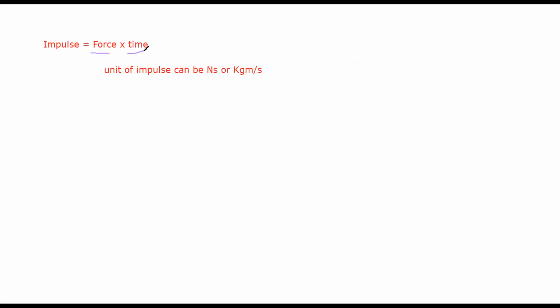So impulse has two formulas depending on the question. In some questions they give you force and time, so you can find the impulse as just the product of force and time. In some questions the masses are given and the velocities are given. So you calculate the momentum before and you calculate the momentum after. And the difference